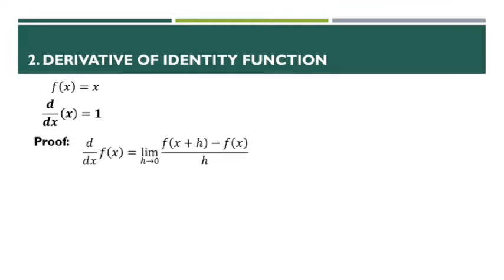Number 2, derivative of the identity function. F of x is equal to x itself. So this is y is equal to x. The derivative of the identity function, f of x is equal to x, is equal to 1. So let's prove this. Given the differentiation process, the derivative is equal to the limit of the difference quotient. So, substituting the values of the input into the function,